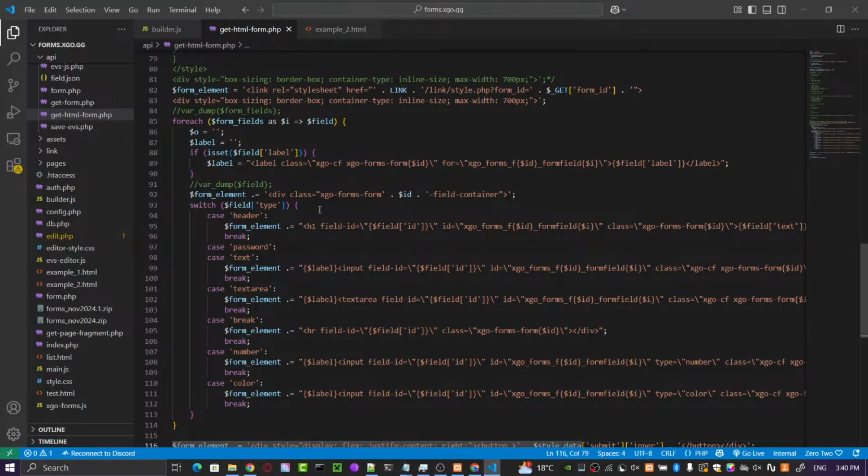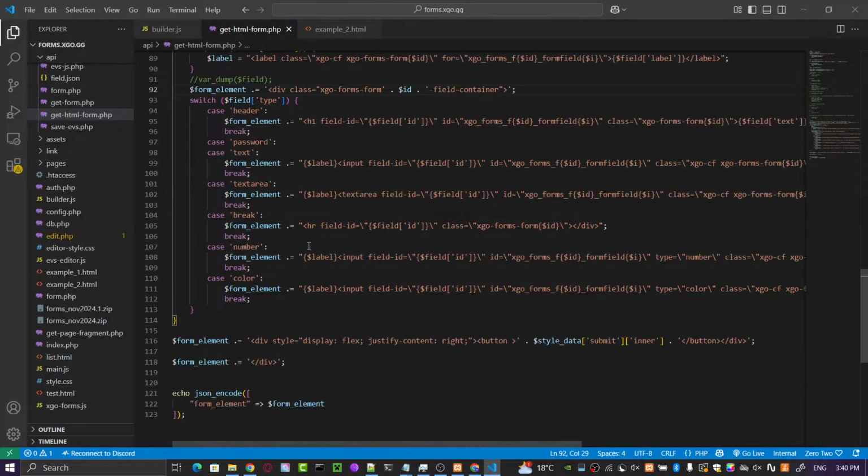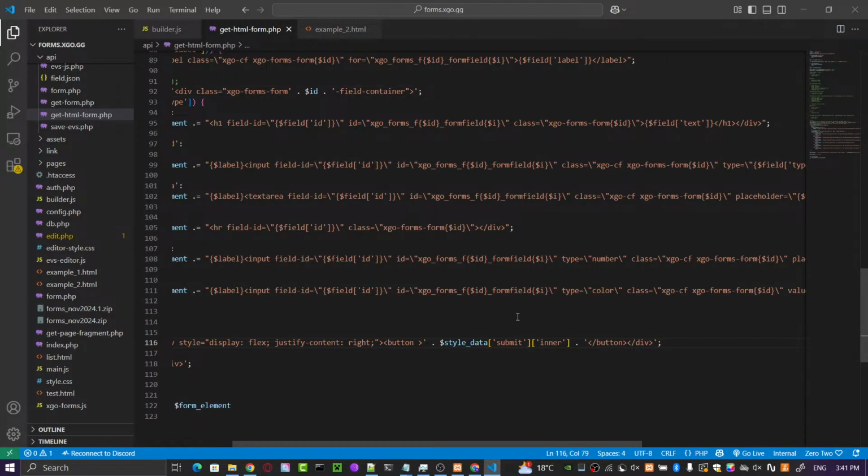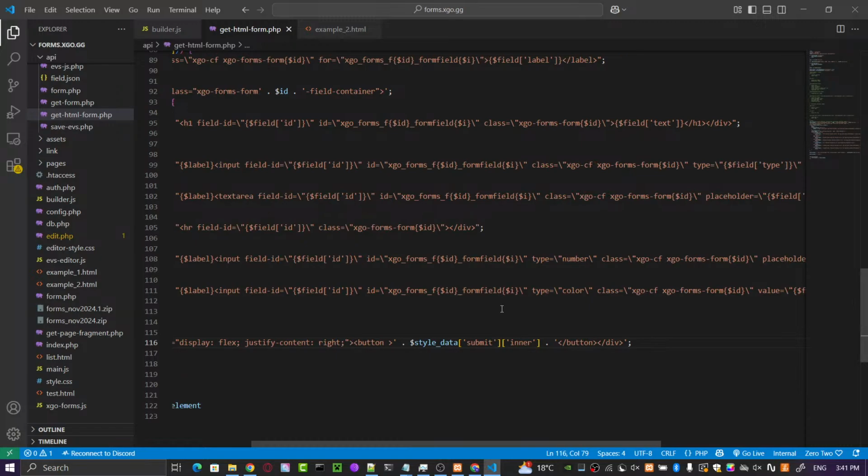Oh God, I didn't even add an ID here. I should do that as soon as possible. And I think I will just copy this and paste.